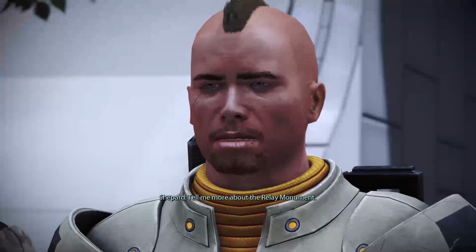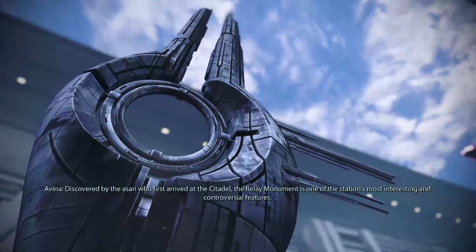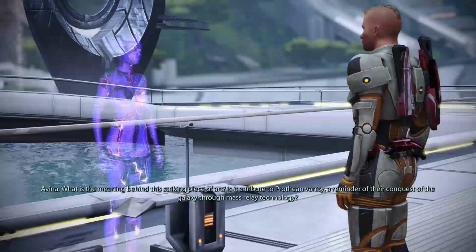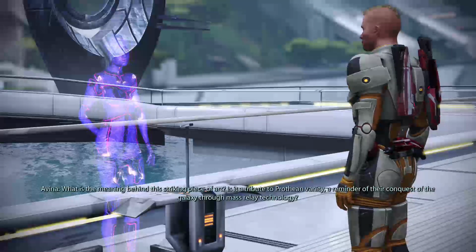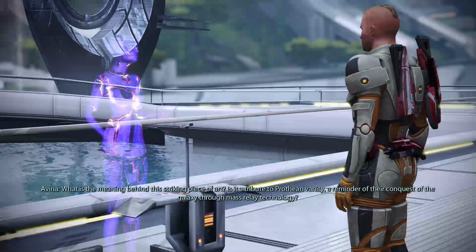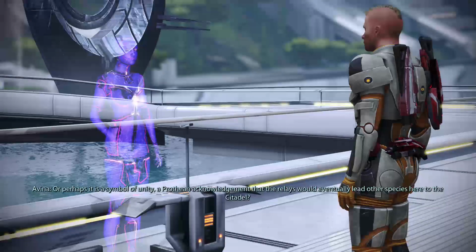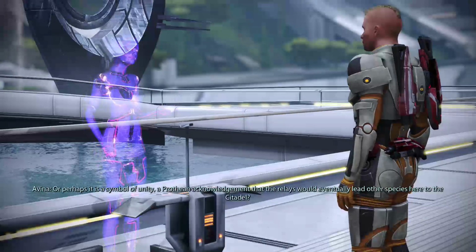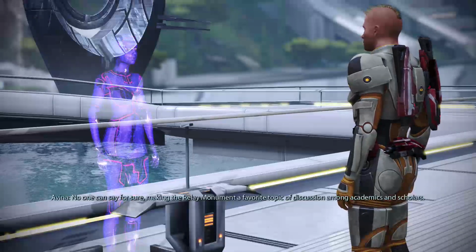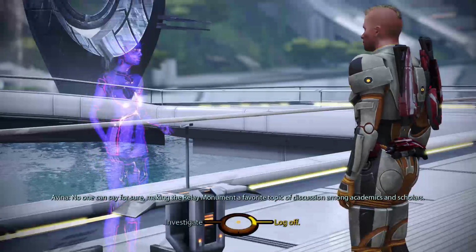Tell me about the Relay Monument. Discovered by the Asari who first arrived at the Citadel, the Relay Monument is one of the station's most interesting and controversial features. What is the meaning behind this striking piece of art? Is it a tribute to Prothean vanity? A reminder of their conquest of the galaxy through mass relay technology? Or perhaps it is a symbol of unity, a Prothean acknowledgement that the relays would eventually lead other species here to the Citadel. No one can say for sure, making the relay monument a favorite topic of discussion among academics